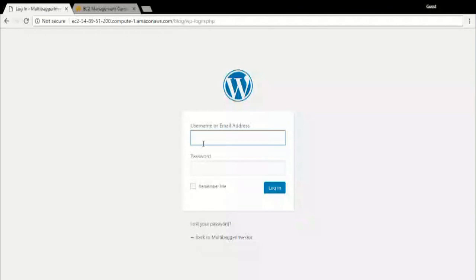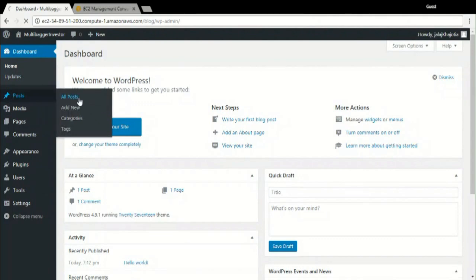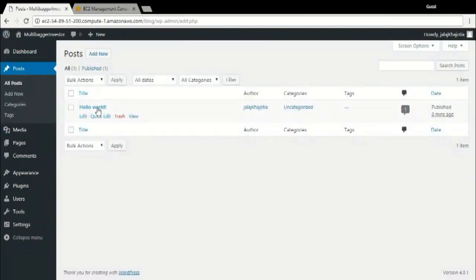So guys, now I'll try to log in. Make sure you remember your password, otherwise it's very difficult. Okay, yeah, we are logged in. So now we are done, and we are ready to create our first post. Let's create. So yeah, Hello World is already there. So we'll create one more.